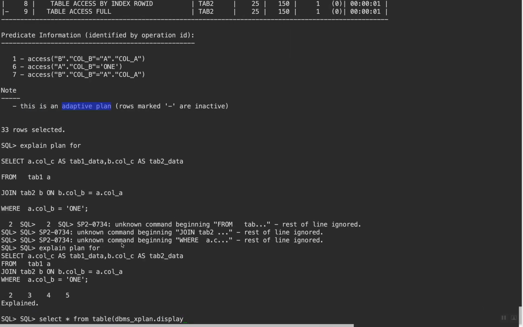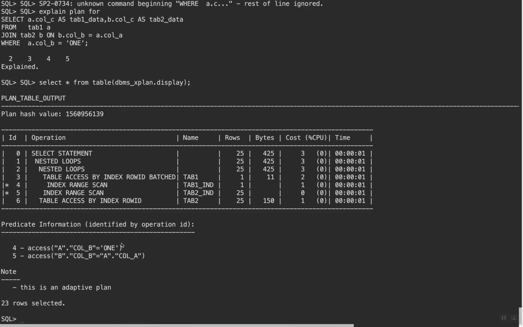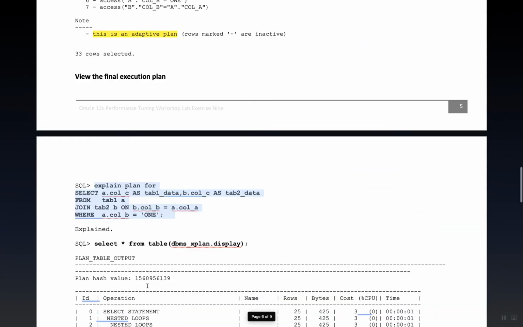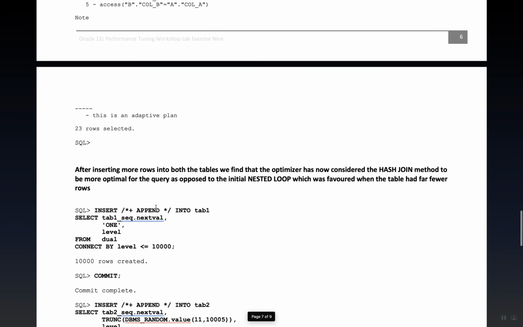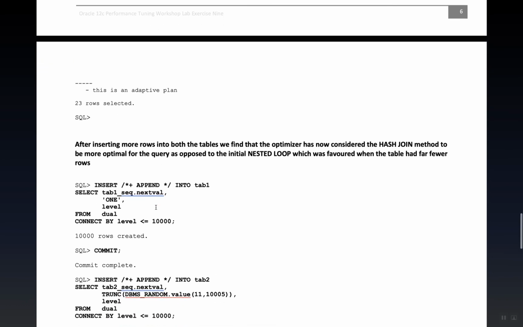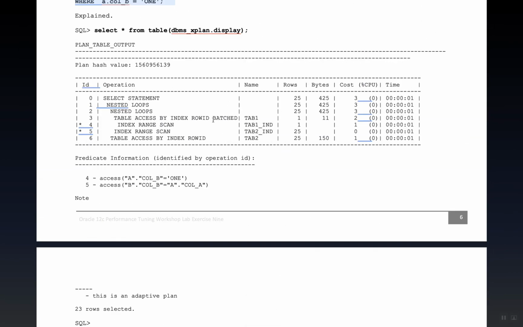Okay, so it's saying this is an adaptive plan. Okay, so if you see here,